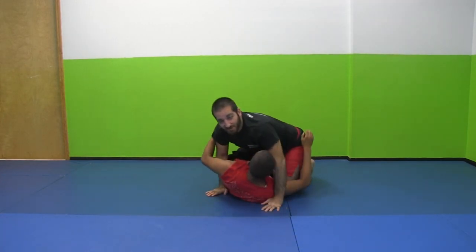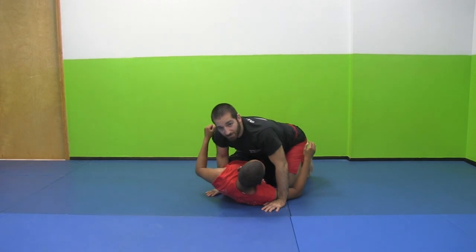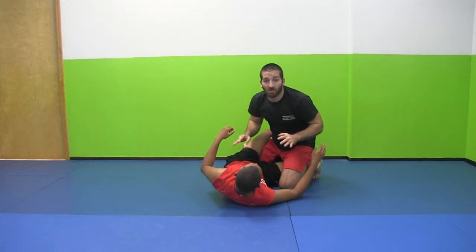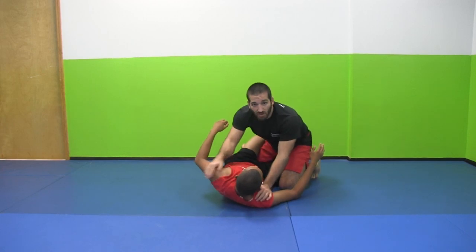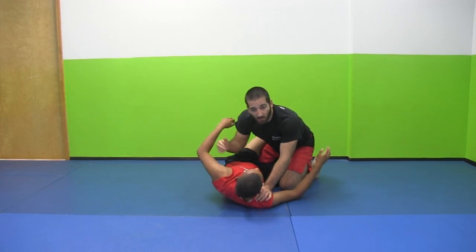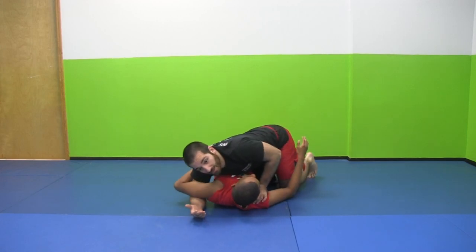Okay, so that's the squeeze pass. Very simple. What I want to do from the half guard, just in general, whenever you're in the half guard, is dominate the far side. So this is the far side for me here. I want to dominate by getting the underhook,